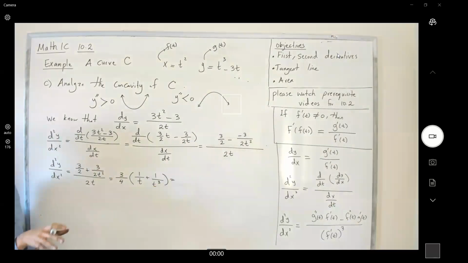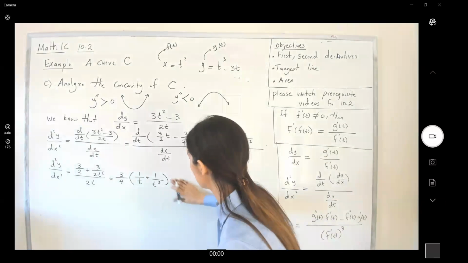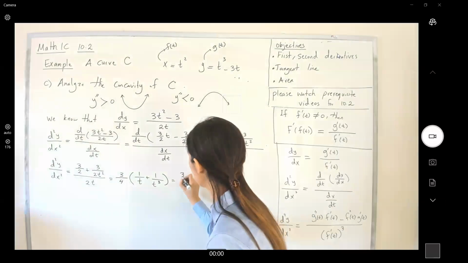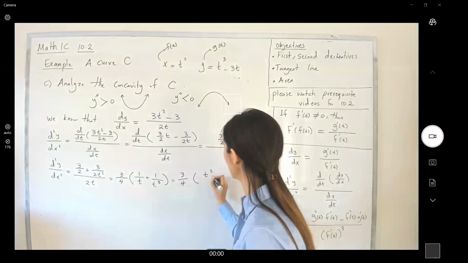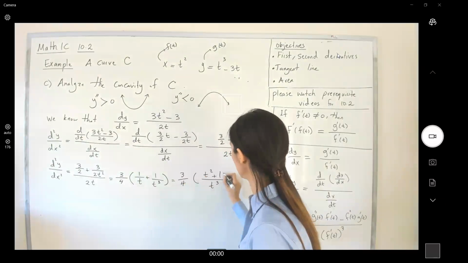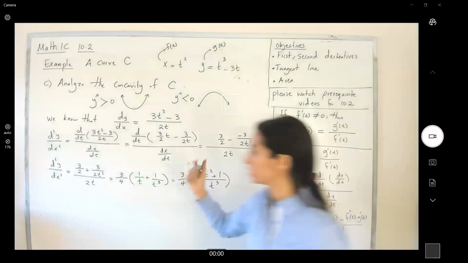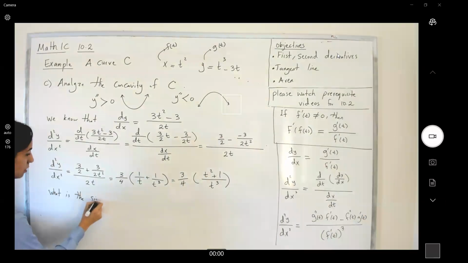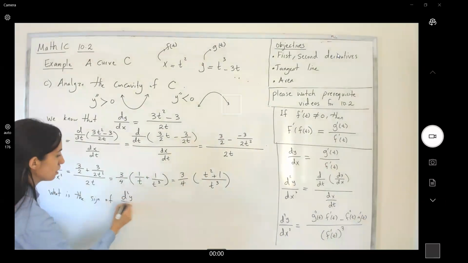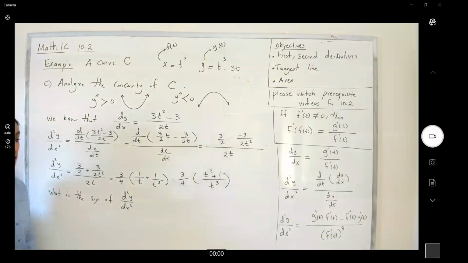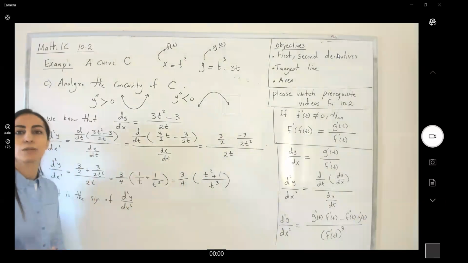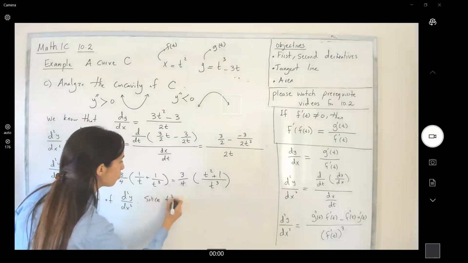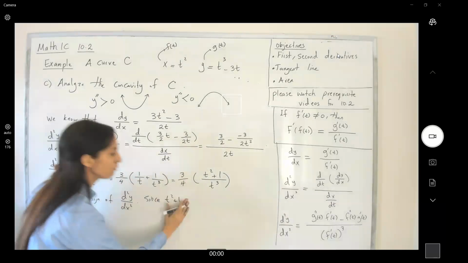I'm trying to just do the algebra and simplify it as much as I can because it helps me to analyze the second derivative easier. So I get 3 over 4 times (t squared plus 1) over t cubed. Okay, what is the sign? This is my question. What is the sign of the second derivative? Guys, note that the numerator is t squared plus 1. It's always positive. So since t squared plus 1 and 3 over 4